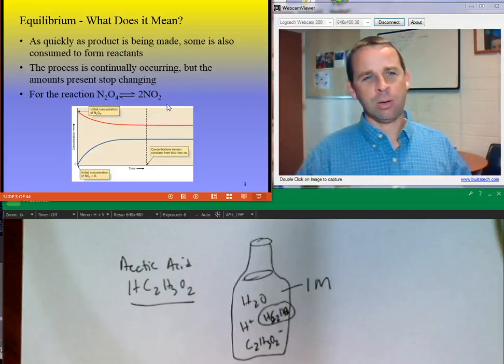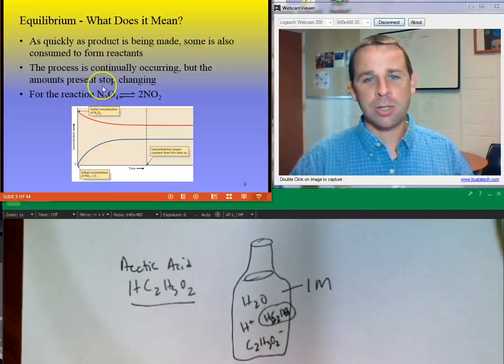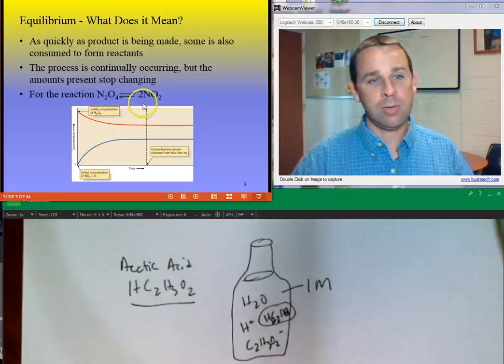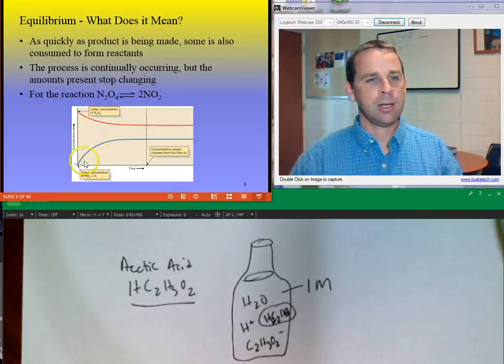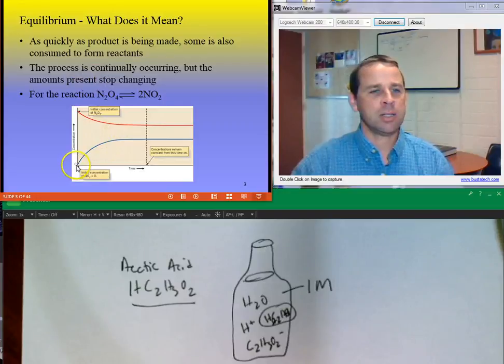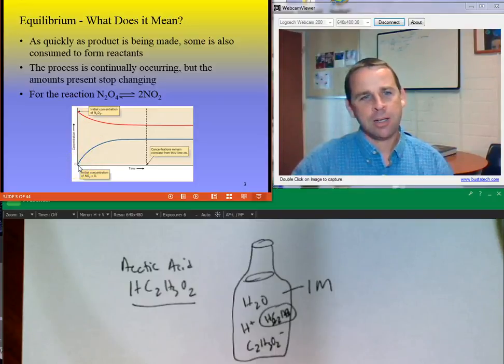So essentially, in this scenario, if we plot our concentration on the y-axis versus time, we start off with an amount of our dinitrogen tetraoxide, right? And we start off with 0 of this nitrogen dioxide, okay? So the red line here plots the concentration over time of the dinitrogen tetraoxide, and this plots the concentration of the nitrogen dioxide. All right, so initially there's no nitrogen dioxide, and the reaction begins,